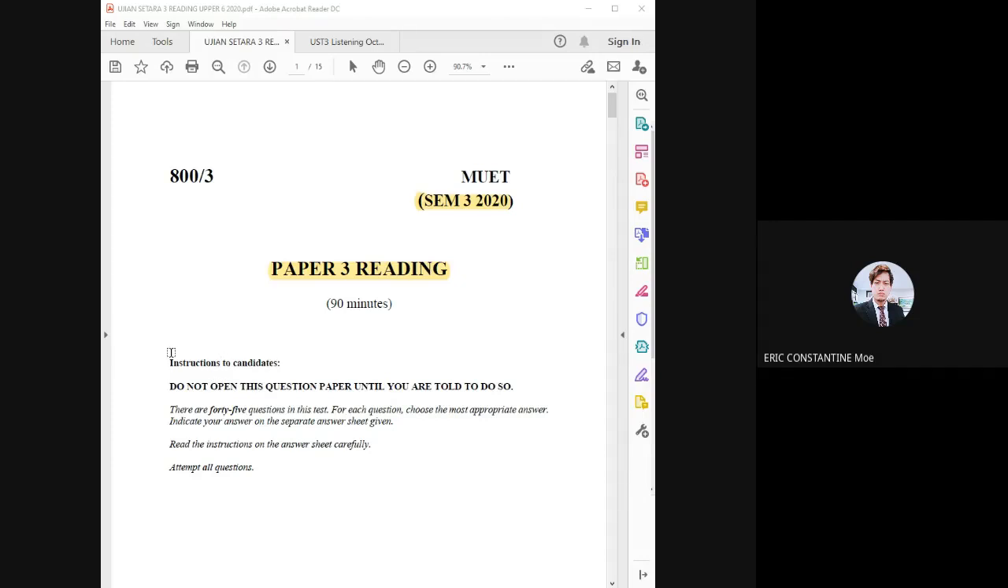And today we're going to look into two papers, reading paper and also listening paper. So I just want to make sure that all of you have opened the right paper, yeah? So this is your Muet semester 3 paper, your Ujian Setara 3, and this is paper 3 for reading component. And just want you to make sure that you got the right paper and take out your red pen,